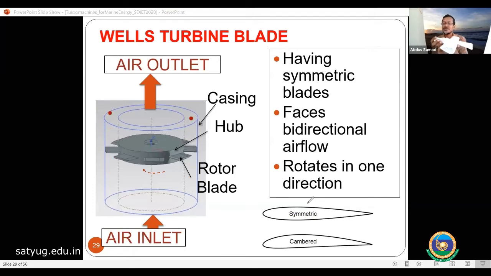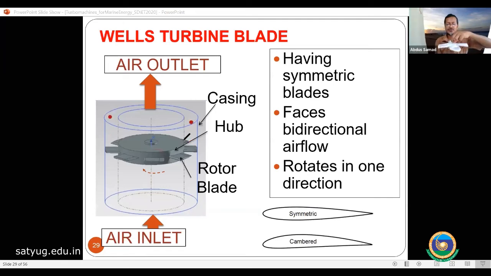Flow is bidirectional. If I fix the turbine in one place and my airflow changes direction, like in the picture in the slide, the red dot I have put with animation means an air particle moving up and down, but the turbine rotation will be in one direction only. It cannot rotate like this. The benefit of one direction rotation is that the turbine shaft gets unidirectional motion, and it is connected to the generator. The generator will produce power constantly, continuously.